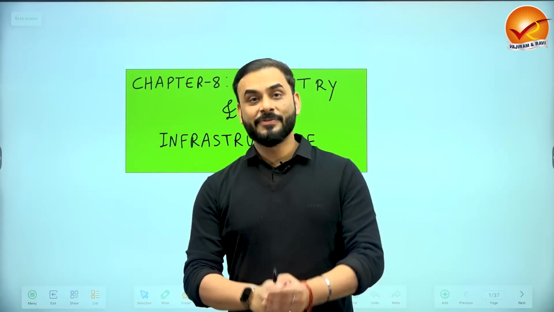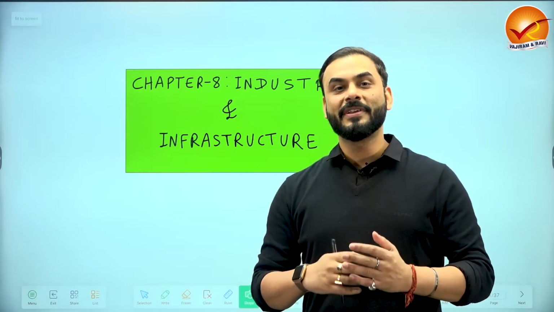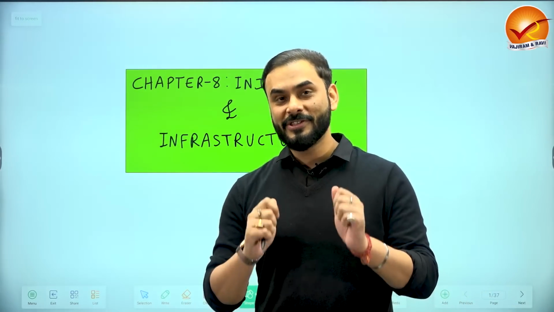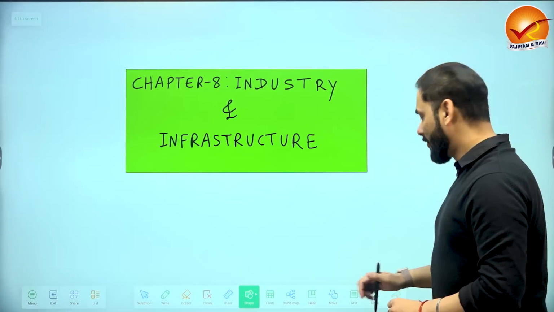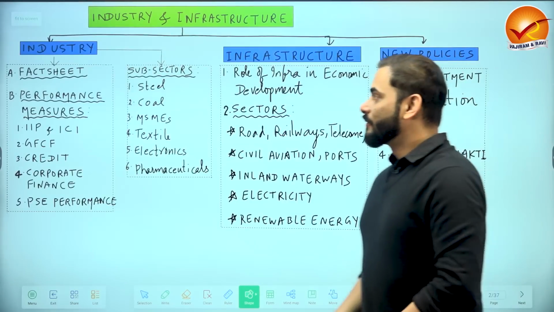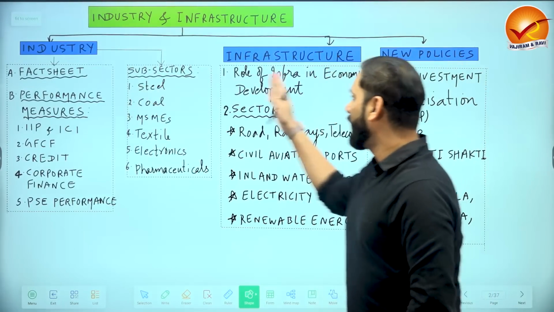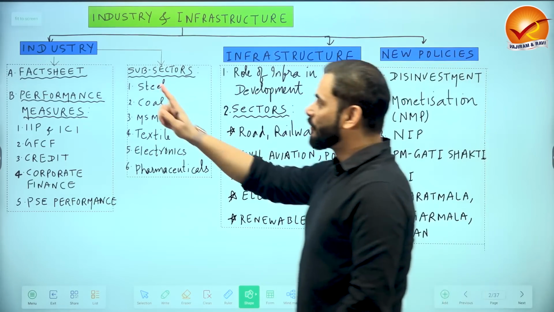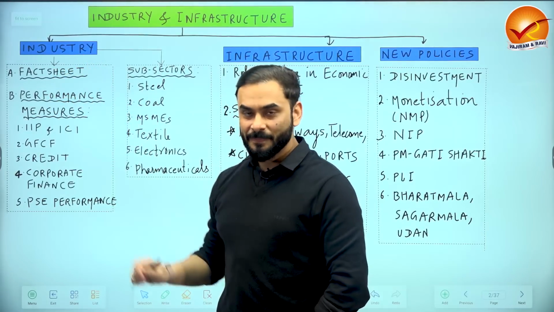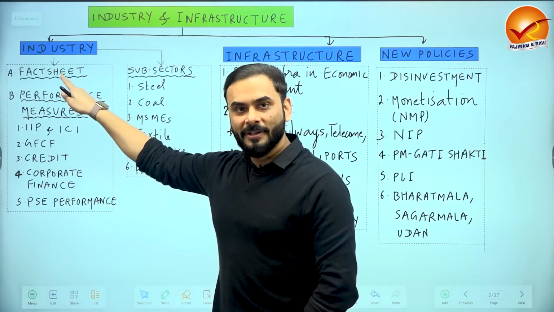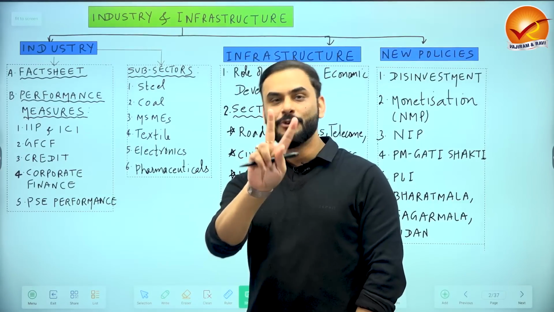As we have been following a system whereby before we start the analysis of any particular topic in the economic survey, we always start with a blueprint of that topic. So let us start with the blueprint of industry and infrastructure. We are dividing the topic on industry and infrastructure into 3 different parts. The first part of the analysis would only be about industries. Under the first part, when we discuss industries, we are going to divide the discussion into 2 segments.